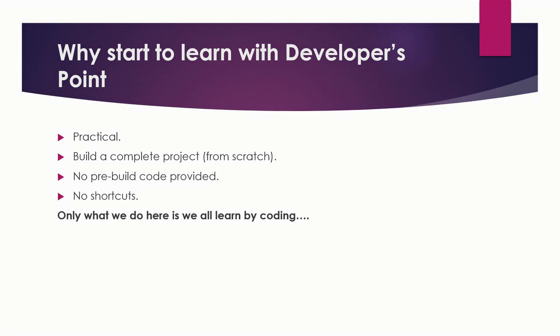In this course we'll be building a complete project. There is no cheating, and it is totally from scratch, and I repeat, it's totally from scratch. I'm not saying this course is really hard, but we are going to do the work to build a complete project. The way this course is designed is that every time we add something new to our application, we are looking at a new feature, a new topic, a new way to do something, while learning at the same time. I'll be providing no pre-built code in this course. We start our application absolutely from scratch. There are no snippets that I get you to paste in. Maybe 99% of this application we are coding by hand and doing ourselves.